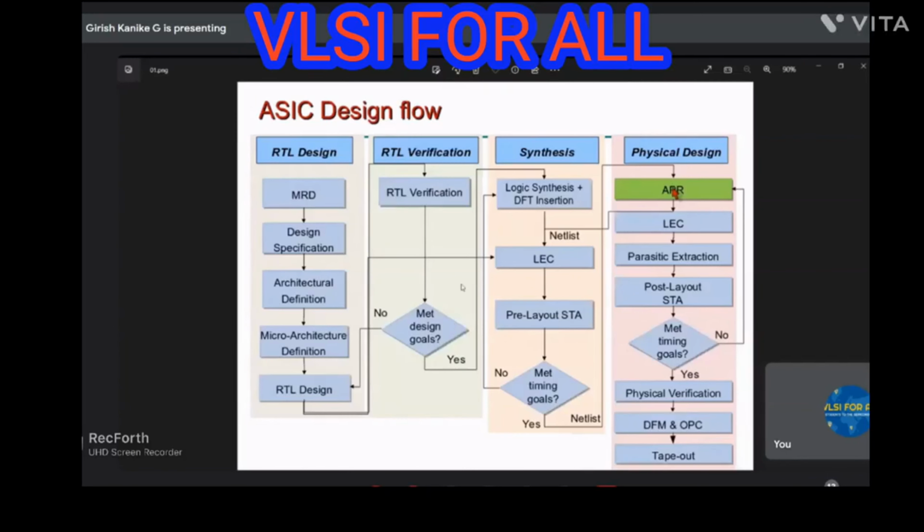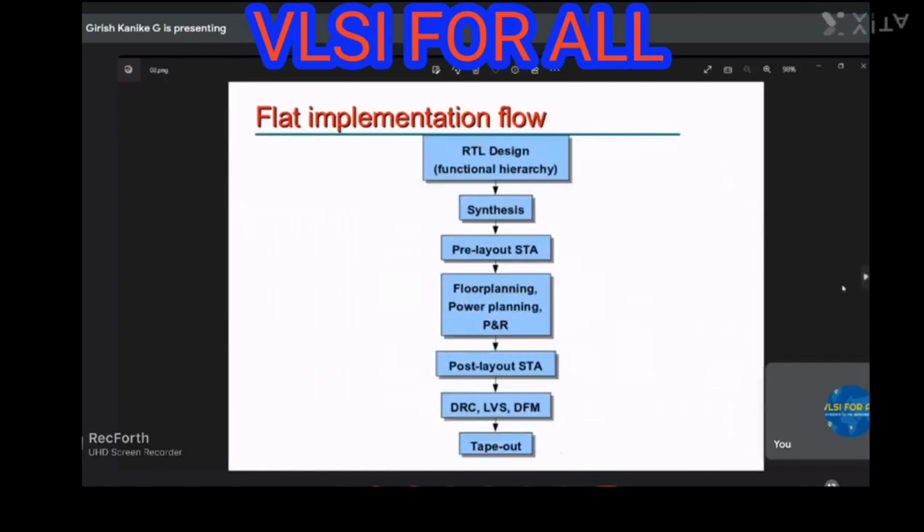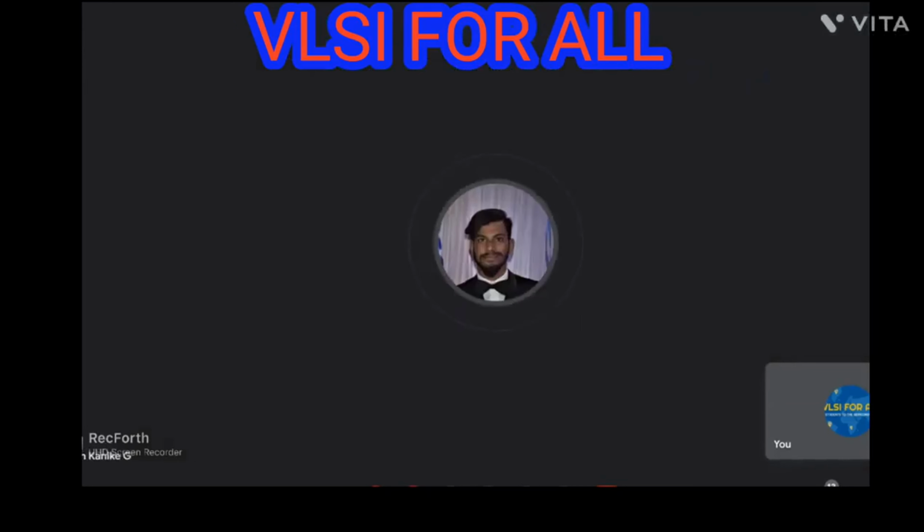Yes, there are other steps and processes included in this. I just gave an overview of what happens, the most common flow. I have briefed it out. And to give you an idea about how it goes, I'll show some reports. The main thing a PD engineer has to do is